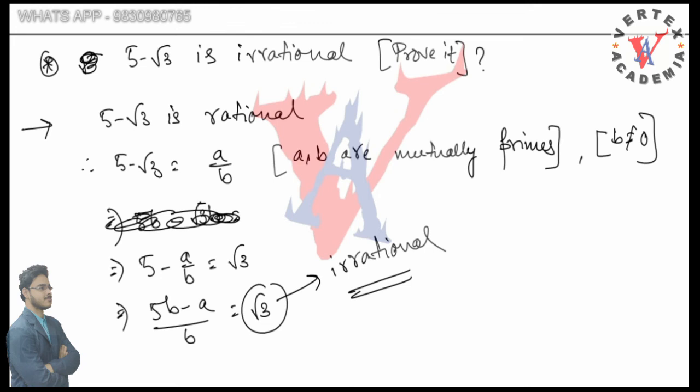Let us consider they are integers. If a is an integer and b is an integer, then 5b minus a is a combination of integers, so it is an integer, and b is also an integer. And integer by integer cannot be irrational. Like 2 by 9, this cannot be irrational, this is a rational number. So basically, in this equation, the left hand side is rational and the right hand side is irrational, which is a clear